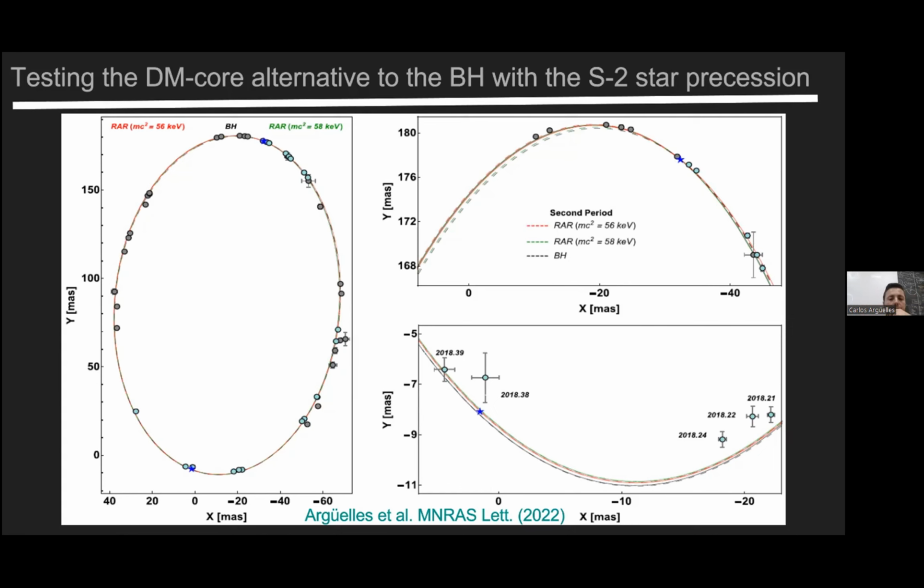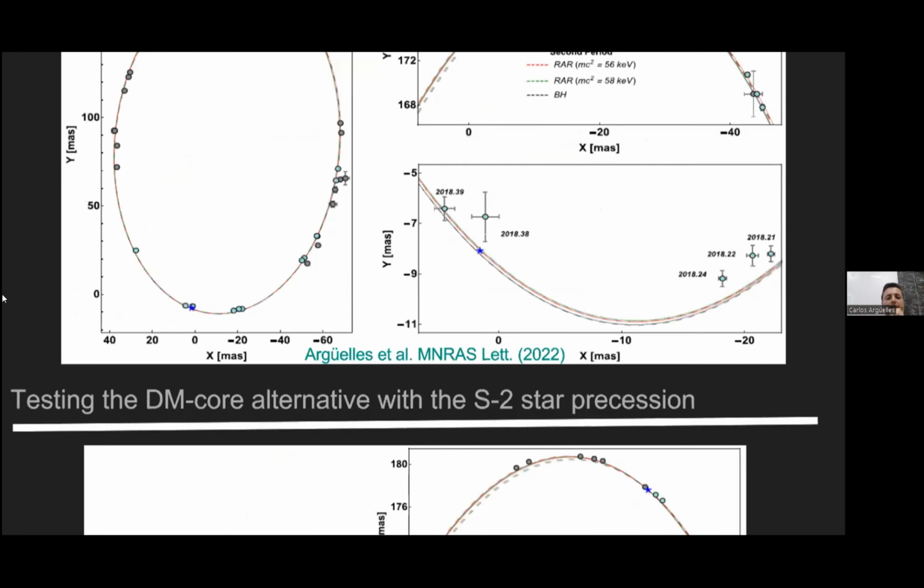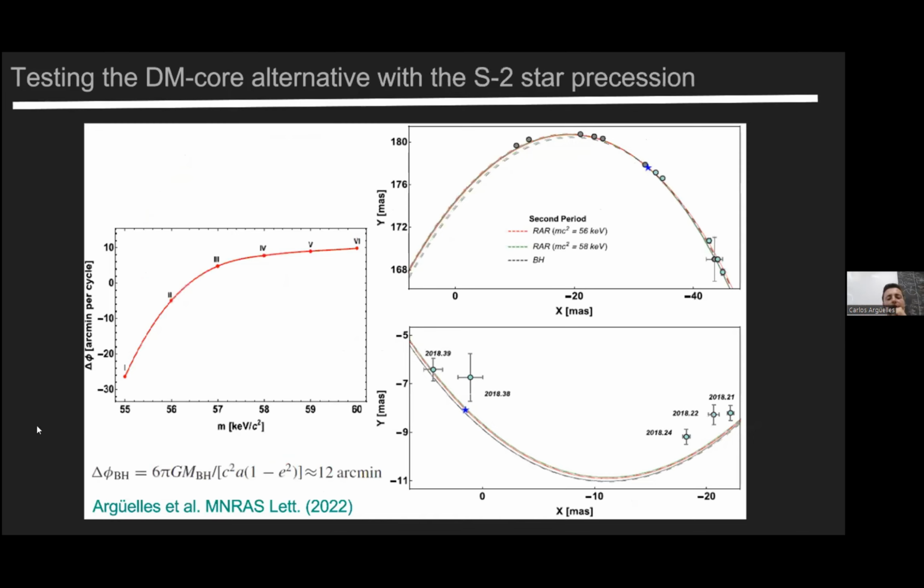And so we will see later that depending on the particle mass, this periapsis precession can be negative or positive. But interestingly, up to date, with the actual precision achieved by the campaigns either in North America or Germany, the star data cannot disentangle between the two theories. And we will have to wait until 2026, roughly, which is the next apocenter passage, where an actual precision measurement would disentangle both behaviors,